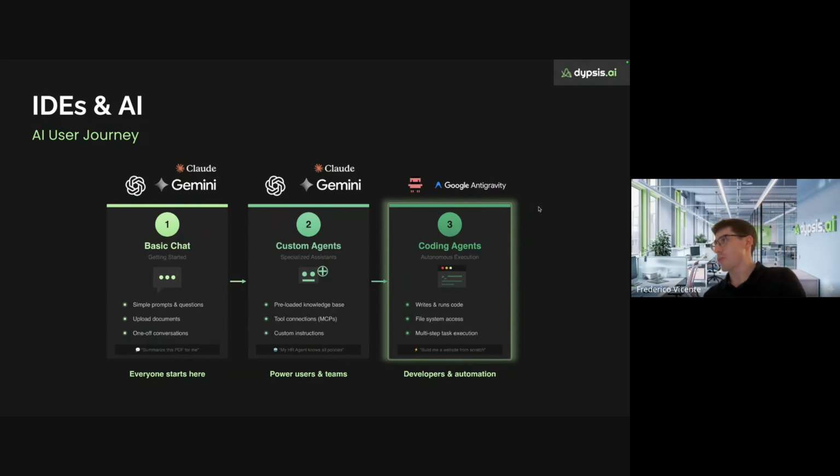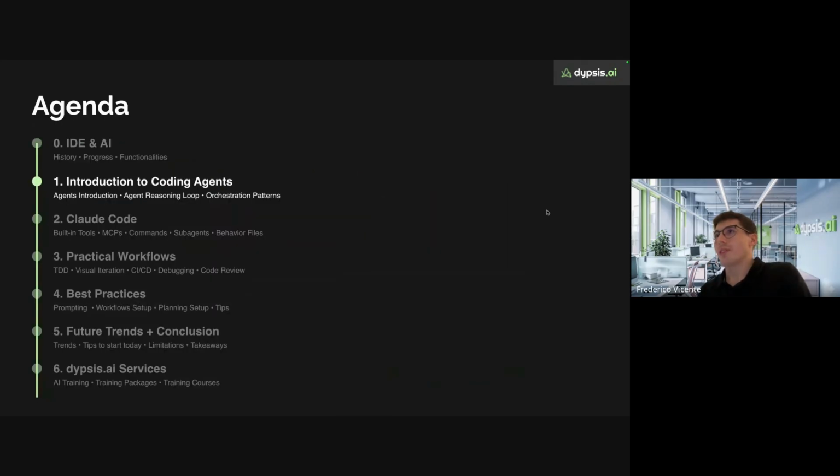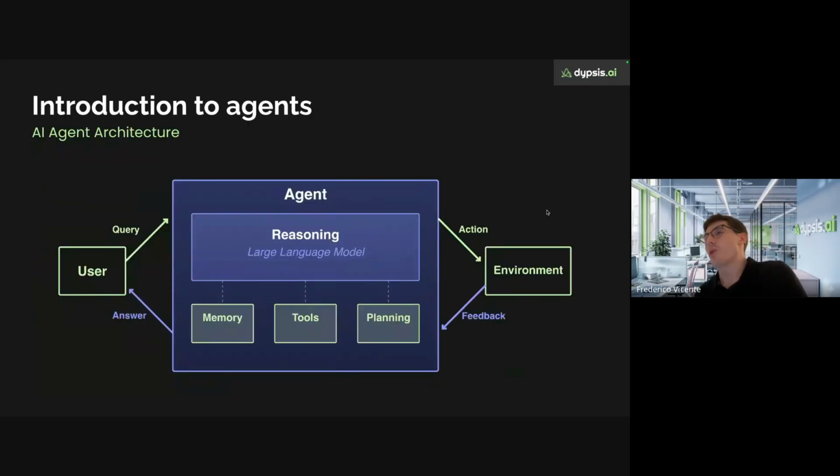Okay, so I'm going to move forward and start talking about agents. Normally people confuse the concept of large language models with the concept of agents. Of course, when people are talking, maybe it's easier to call everything agents, but they really are different things.